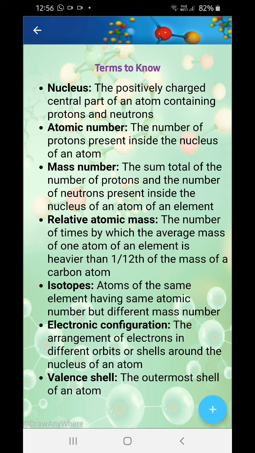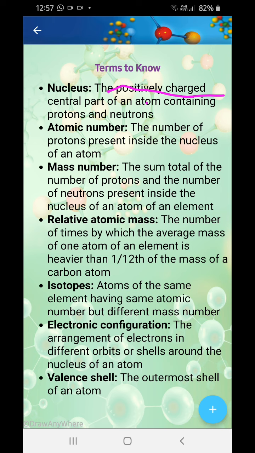Where did the proton lie? No, scientists cannot guess it out. So scientists thought, okay, then there must be something over in the center, and it's a sudden experiment that is performed, okay. So let's see. By that they tried to discover protons and then they discovered the nucleus at first, okay. So you can see why it is positively charged? Because there are only protons and there are no electrons in the nucleus. Electrons are revolving outside. Now atomic number: the number of protons present inside the nucleus of an atom, okay.